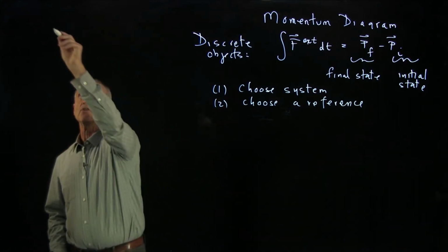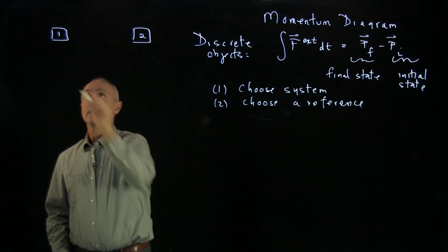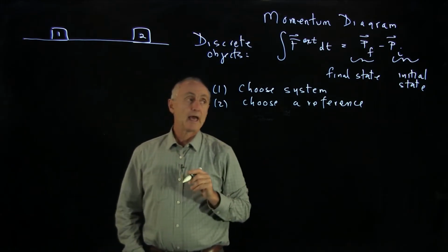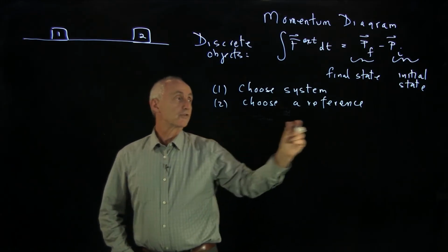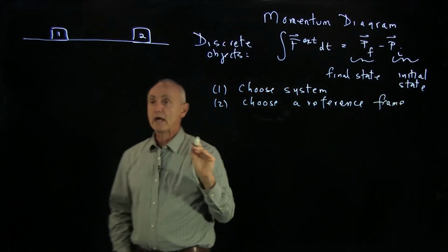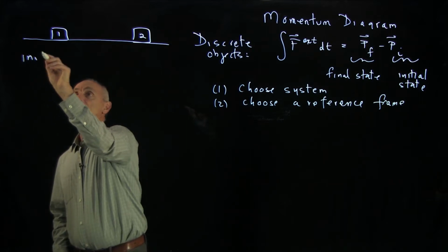For instance, let's consider two objects as our system, object 1 and object 2. They're moving on a frictionless horizontal surface, and we're choosing as a reference frame the ground frame. Now, what we'd like to do is identify two states. So for our initial state,